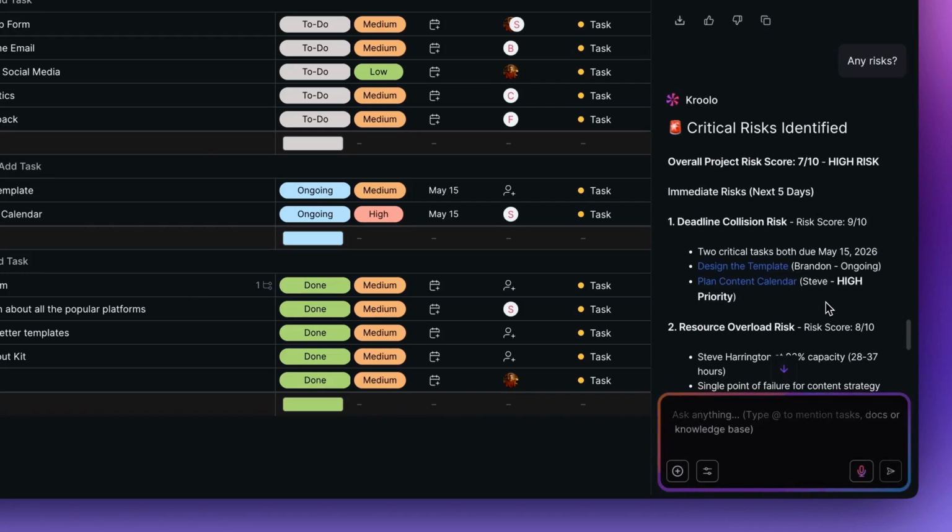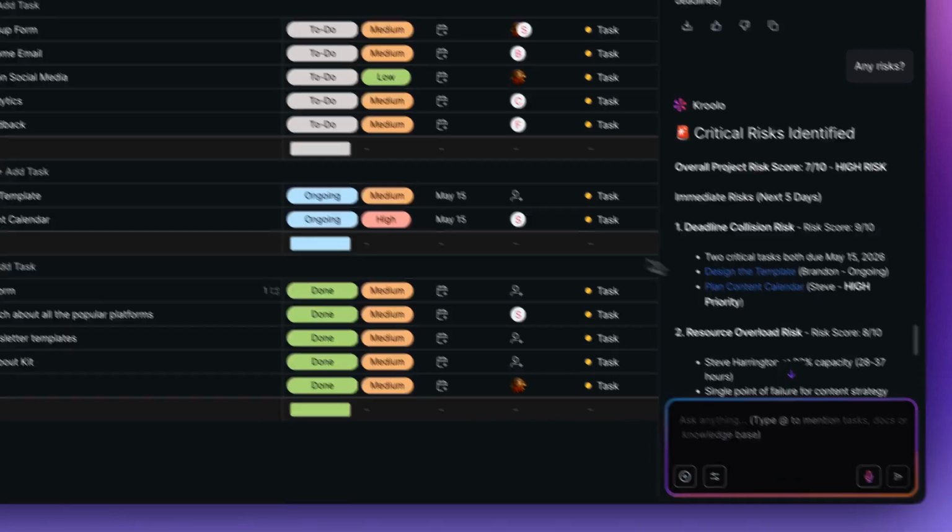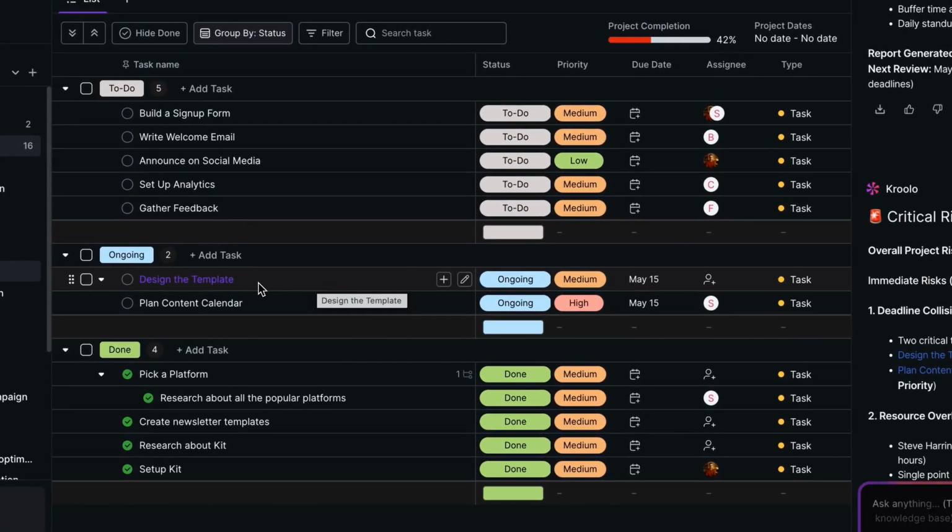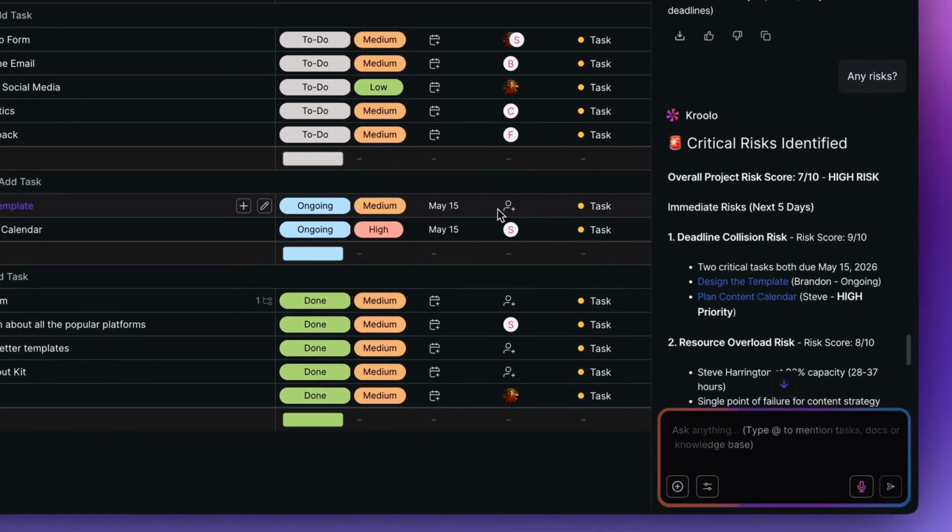You can also use AI to make changes to the project. In the ongoing group, we see the task Design the template. Let's say we want to change the priority and assign it to a team member. We can use AI for that. Simply go to the chat section and type your prompt,